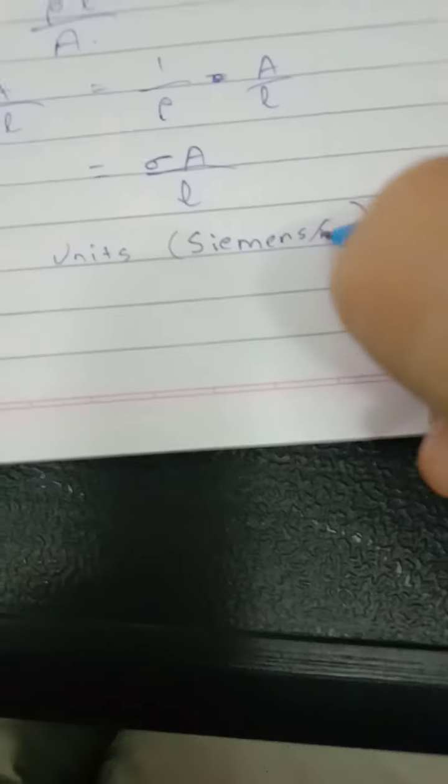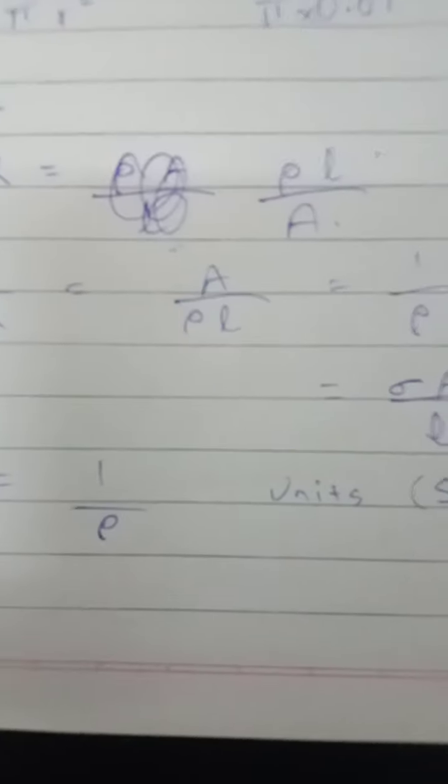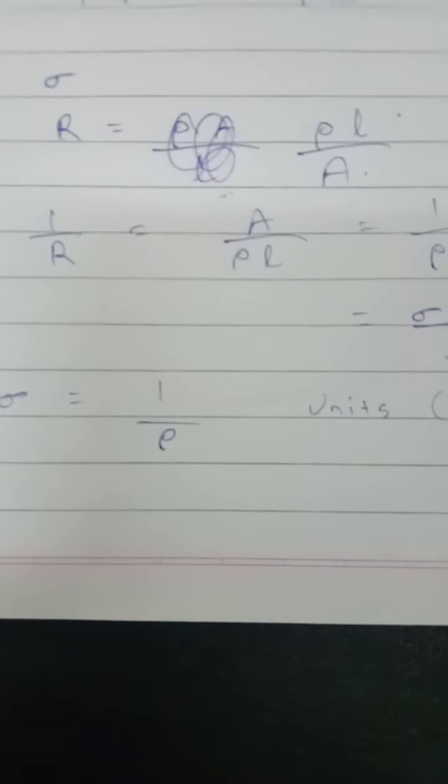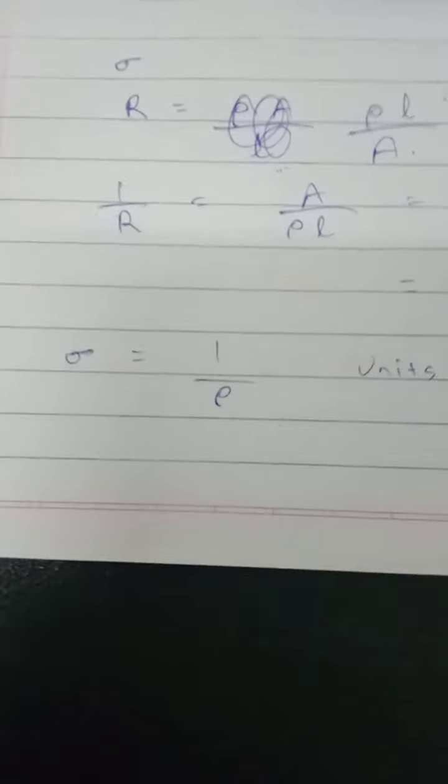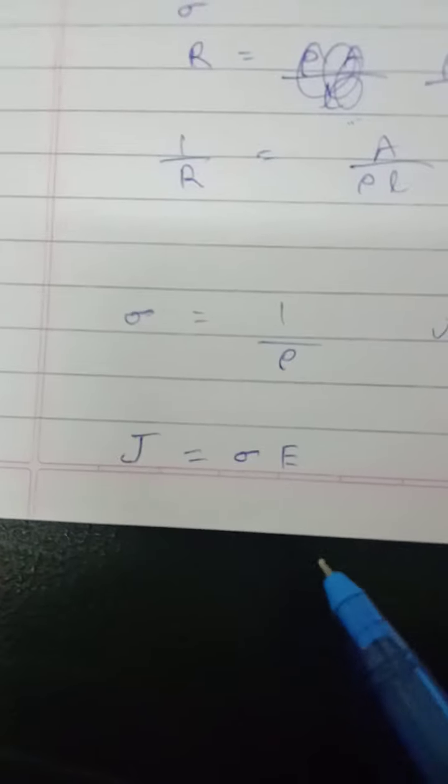So if I have a material of electric conductivity sigma, then the current density can be related to the electric field, and we get an equation that says J is equal to sigma times E. Believe it or not, this is a pretty famous equation, and it is known as Ohm's law. You probably know from electric current that V is equal to IR is the regular Ohm's law that we are used to.